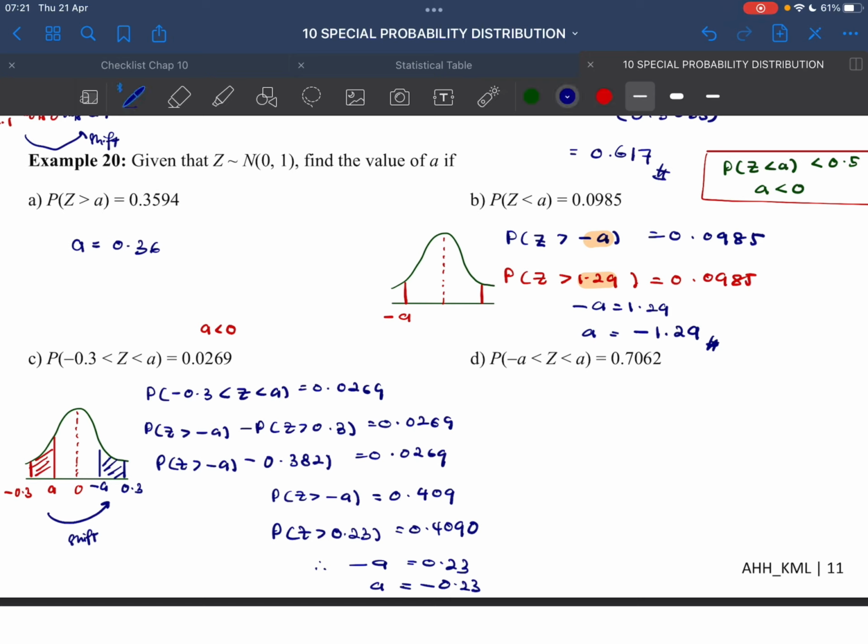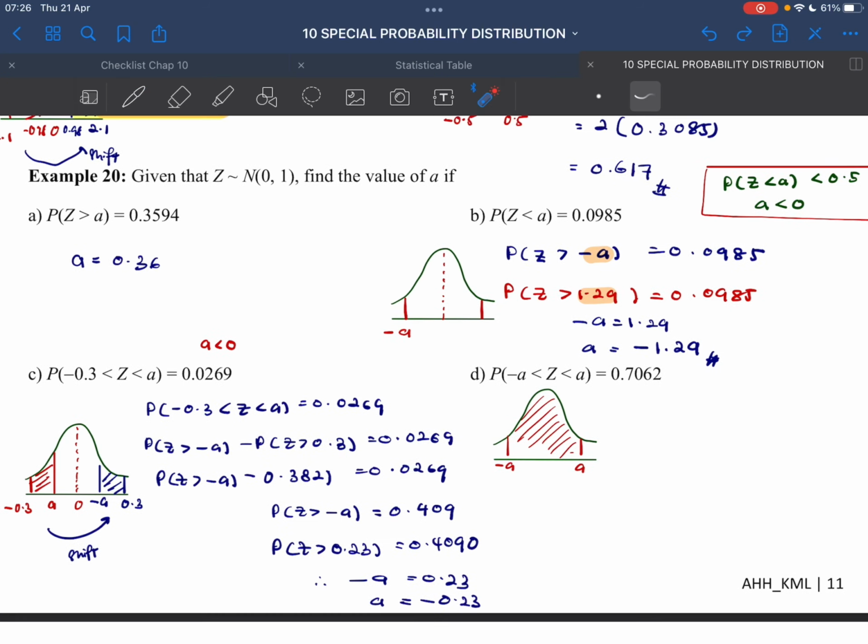Okay, if you use the bell shape here, so negative A, positive A. Okay, so as you can see, this is the area which is greater than 0.5, which is valid because we have the probability 0.7062. So how are we going to find this area? We just simply put 1 minus P. 1 is the whole probability, minus this one, minus this one. Okay, so 1 minus P(Z < negative A) minus P(Z > A), which we get